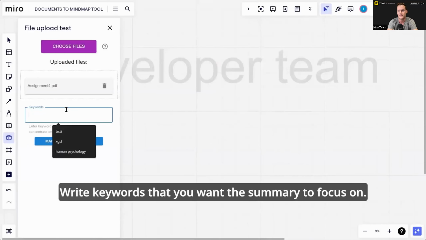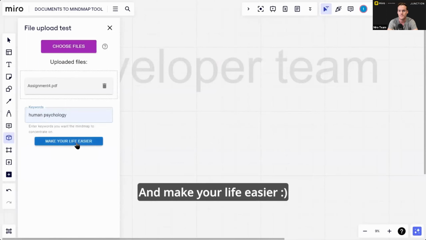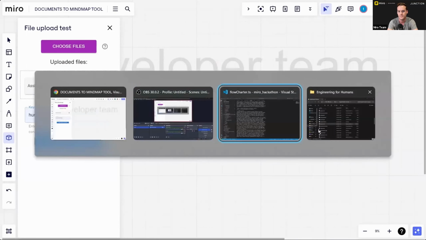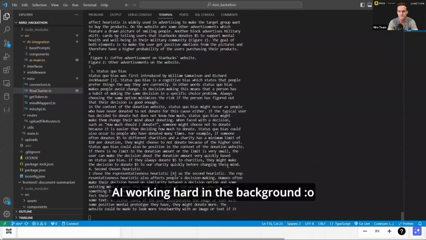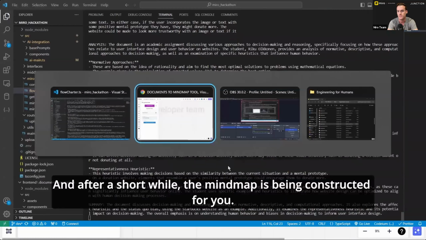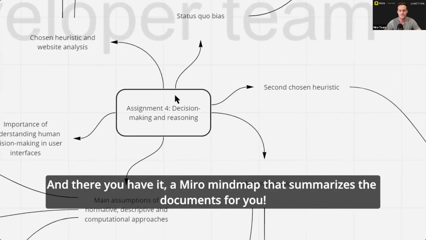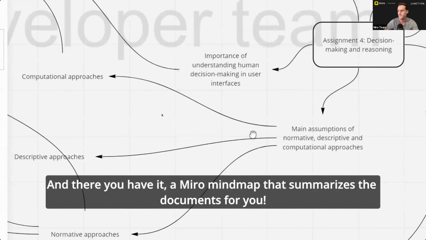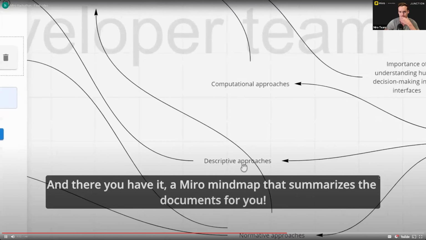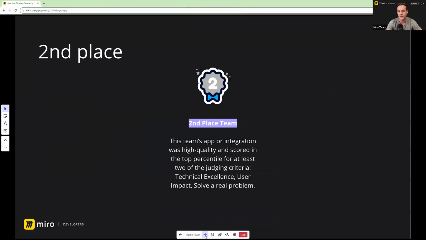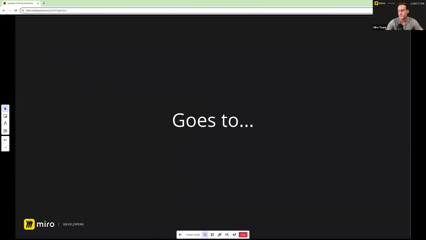The Document Summarizer app lets you upload a file, and then once you click that button, it'll go ahead and analyze that file and generate a nice mind map, and it'll help you analyze the document and visualize it on your board, making it easier to understand the contents of that document. Well, moving on to second place. The second place award goes to